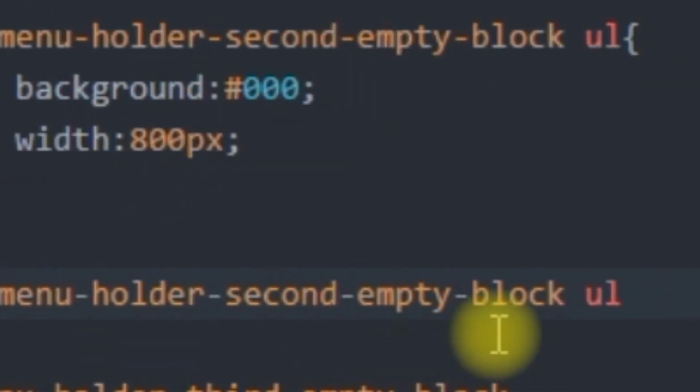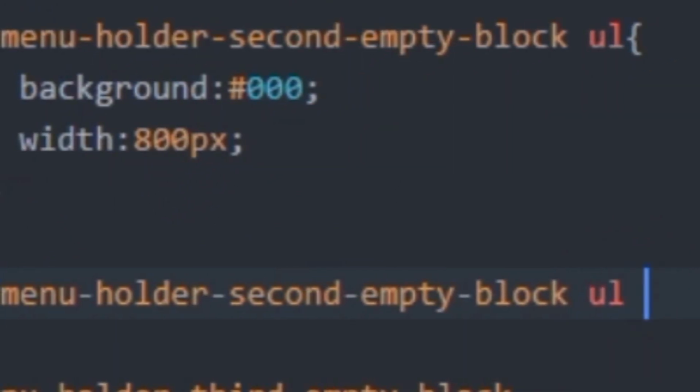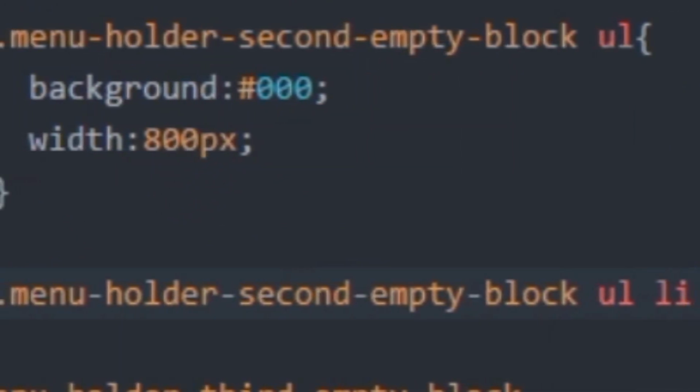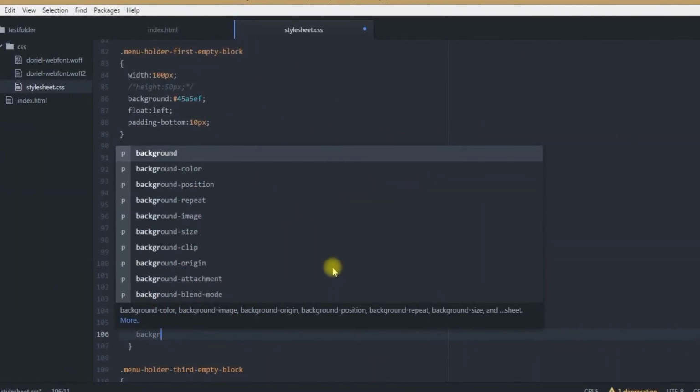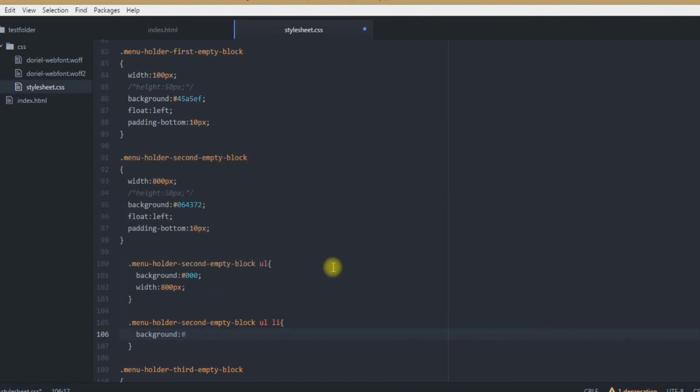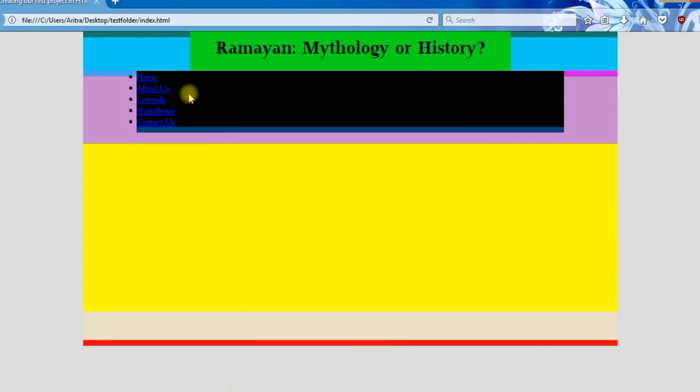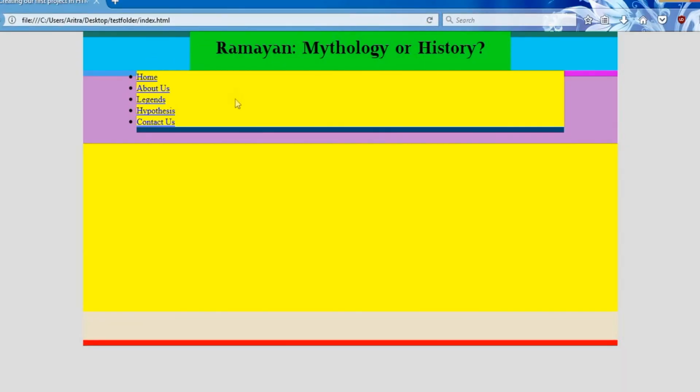Just copy this class name again, and this time you just customize this list item. Provide another background over here. Suppose we are providing this yellow background. Now just get back to your project, Ctrl S, and you see that the list items are now appearing.